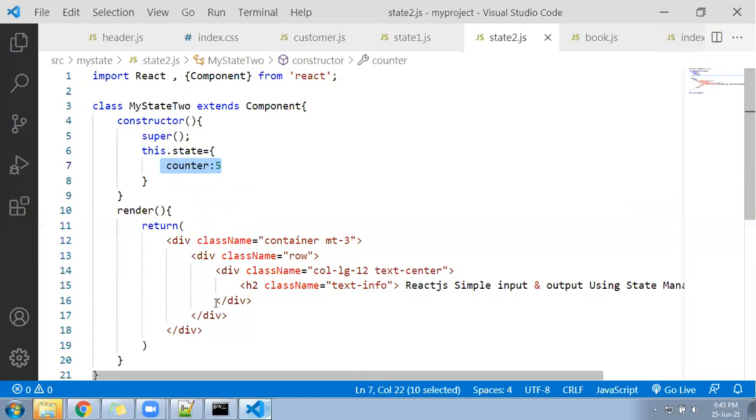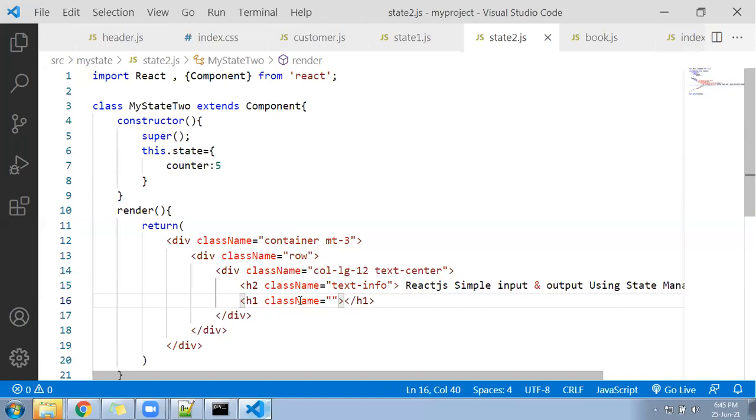Let's come here and follow inside an h1, so that it will display in a big font, and className equal to text-success.